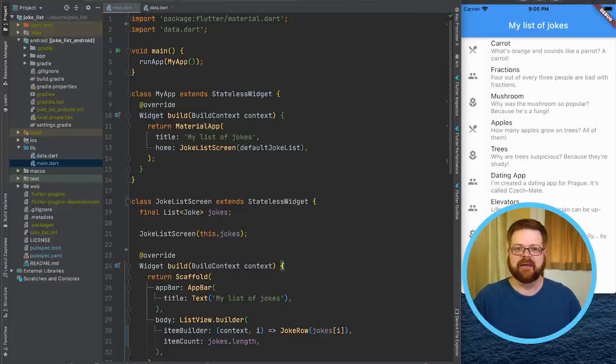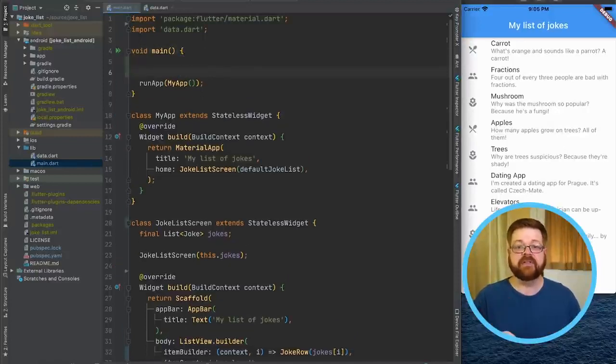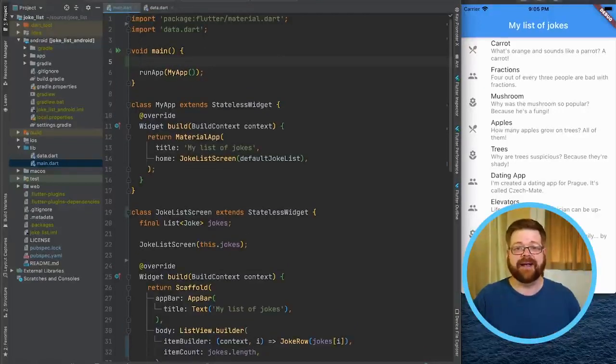Okay, so now I need to update my app's Dart code to take advantage of these new capabilities. Let's start right up here in main. Before I do anything ads related, I need to initialize the mobile ads SDK. For simplicity's sake, I'd like to do that right when my app starts running. Because that initialization involves Dart talking to native code, I need to make sure Flutter's method channel service is running. And the way to do that is by calling